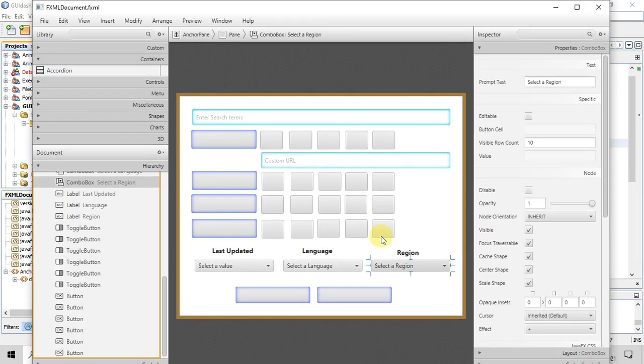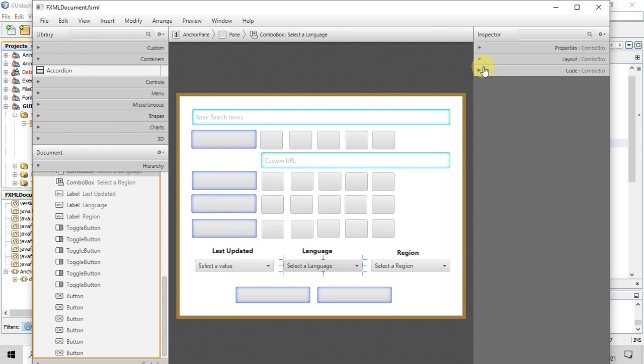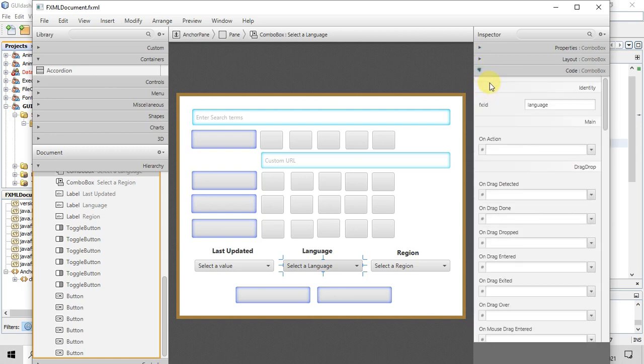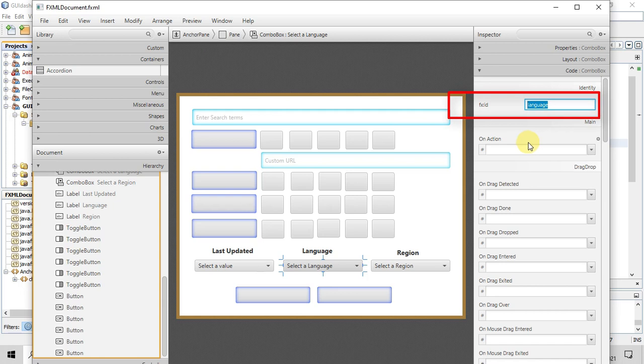In the FXML, you have to do a few important things. Just add the combo box in your FXML and assign an fx:id to the combo box. Now let me show you. In my case, I'm using these two combo boxes for example.